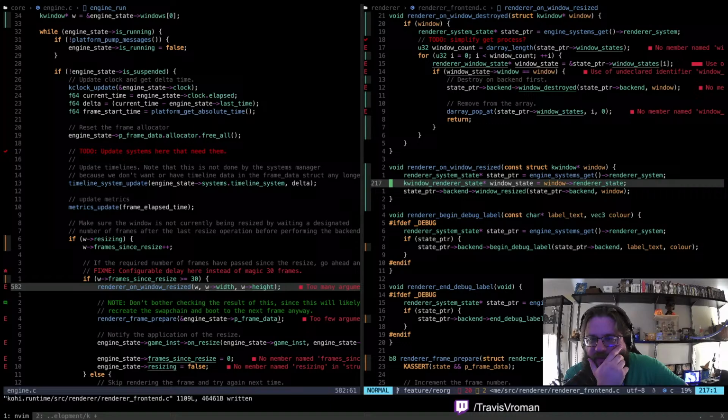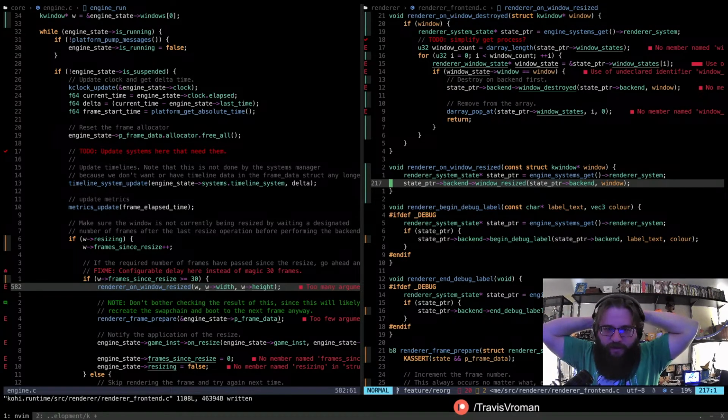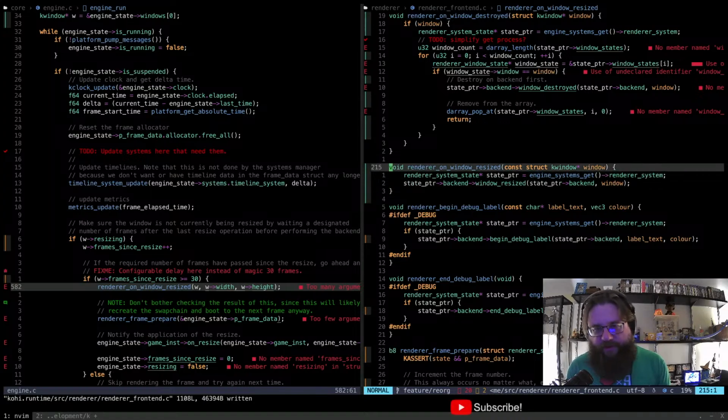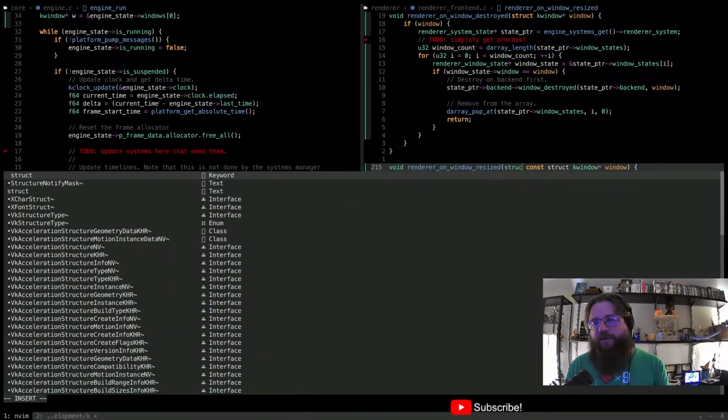Do we even use the window state? I don't even think. No. So that's a lot cleaner, right? And now it's nothing more than just a pass through to the back end, actually, is all it is. Which actually, we could probably save ourselves that engine systems get. We could save ourselves a call to that if we just force a pass through of the renderer state as well. So struct